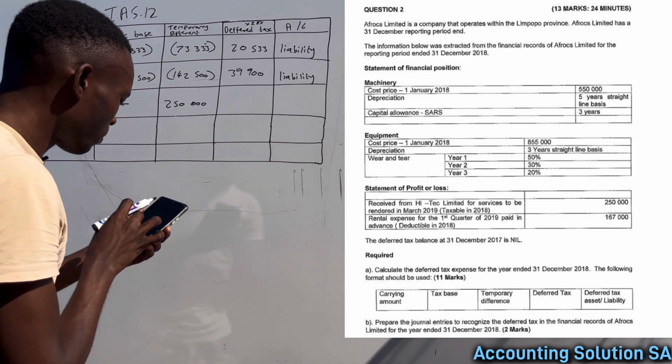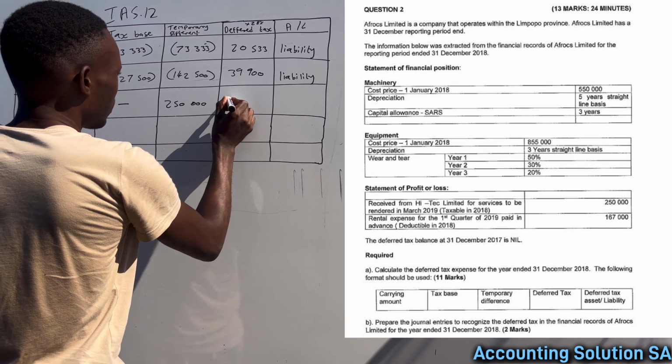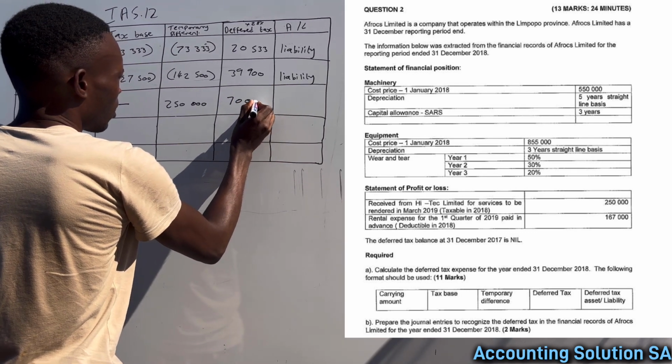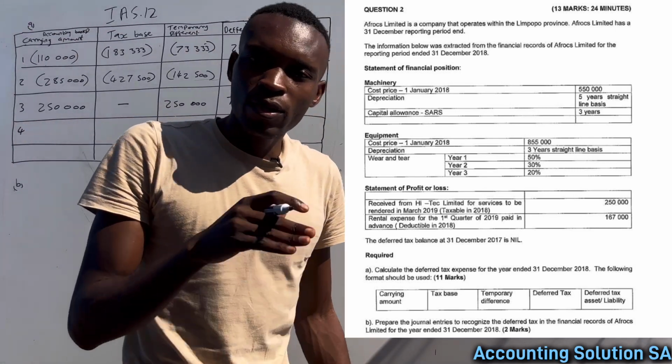When we calculate the temporary difference, we're going to have 70,000. Now let's go to the classification. How are we going to classify this? Okay guys,